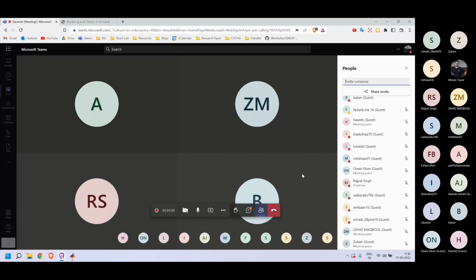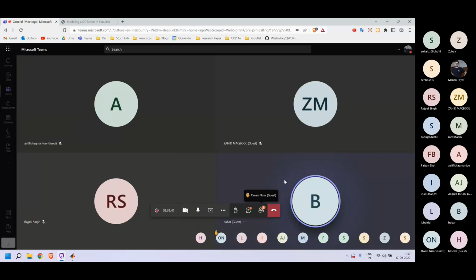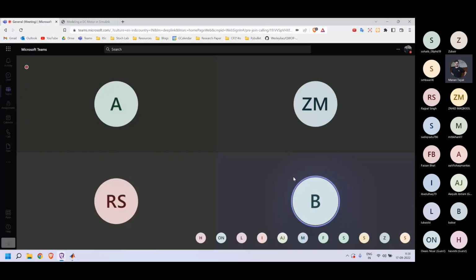Anyone? Okay, Manan, you probably need to look at the equations again. Okay, sure, sir. Take a look at the equations, see whether they have been derived correctly, and then probably we'll get a more expected output from the simulation. Yeah, sure, sir. I'll look at it again, and even the students can try to model